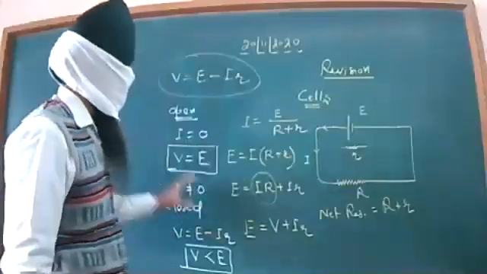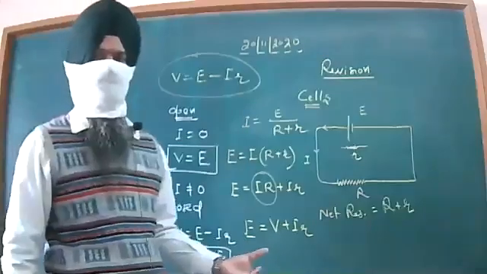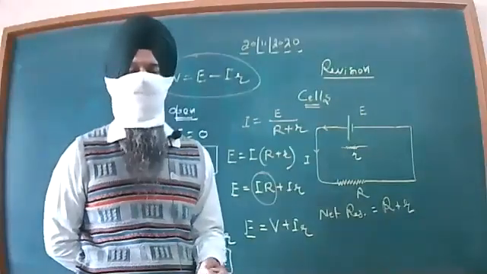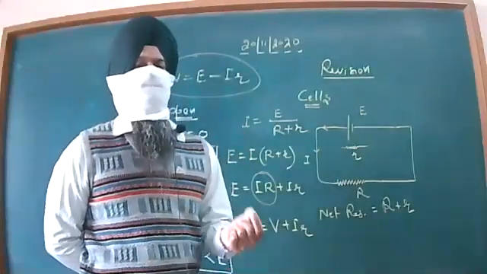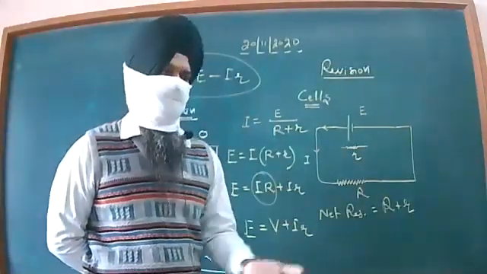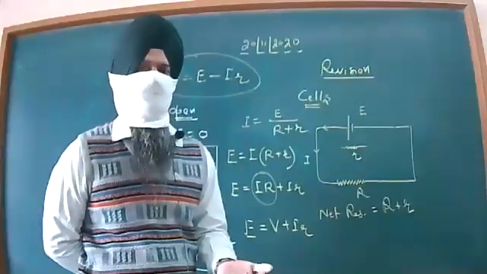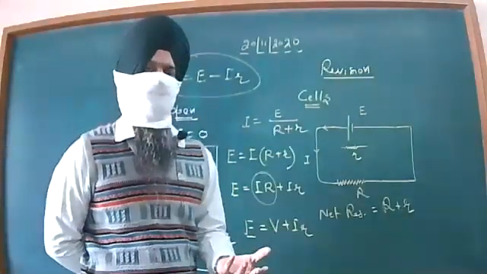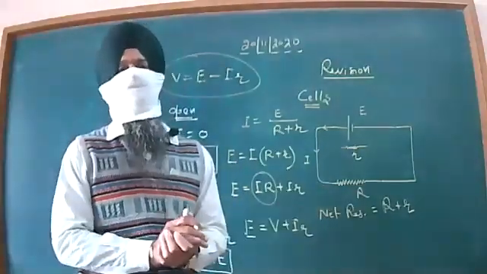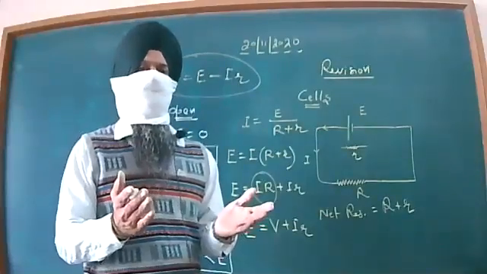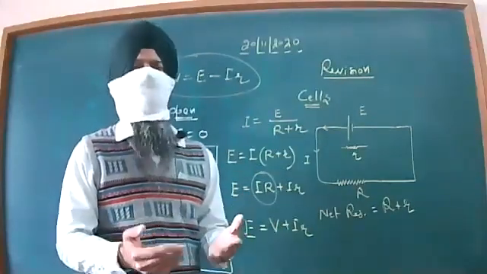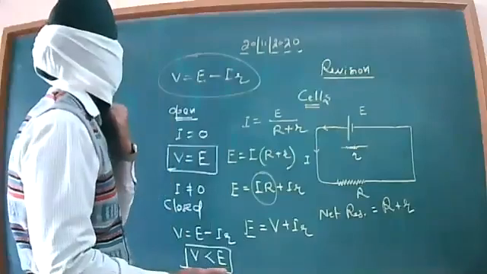So by this particular small calculation, I was just focusing upon the case of potential difference and EMF. Once again, EMF is basically electromotive force and it is the maximum value of the potential difference. And this maximum value of the potential difference is seen only when your circuit is an open circuit, that is, no current is flowing through the circuit. And when the current is flowing through the circuit, at that time your terminal potential difference will automatically become less than the EMF of the cell.